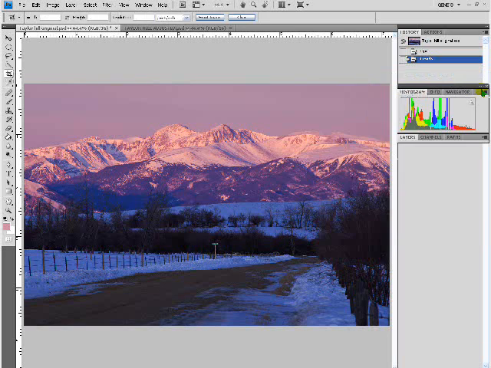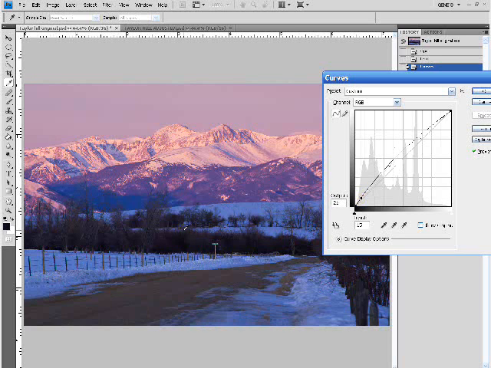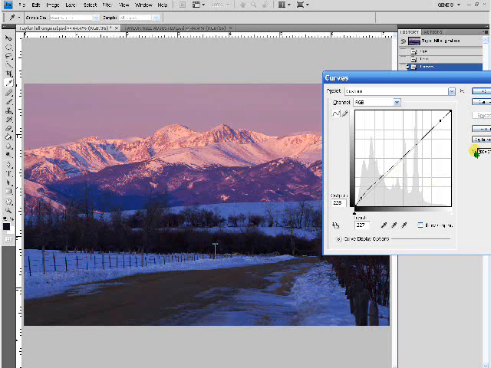So I'm going to click OK, and I'm going to open it up again. And a lot of times I'll do 3, 4, 5 different curves adjustments. Every time I'm going to ask myself, what does this image need? Now to me it looks kind of muddy down here, so I'm going to run my cursor down here, and you can see at the lower parts of the image I want to pull those up to brighten up this down here, but then I'm going to pull this back down to keep it more of the same of what it was. And so there you have, I brightened up a lot of my dark colors,